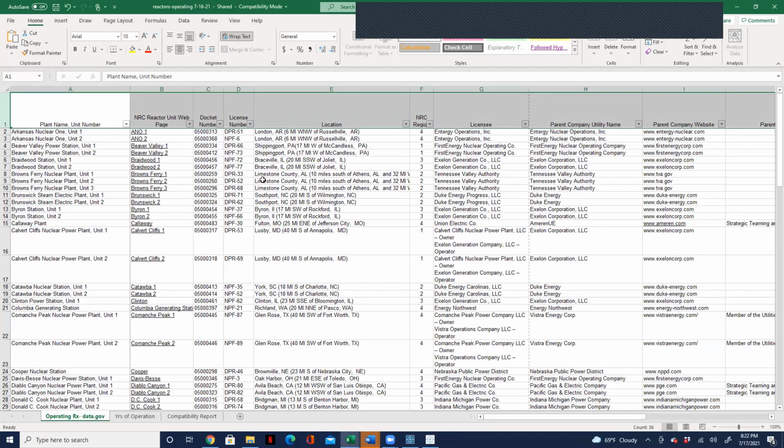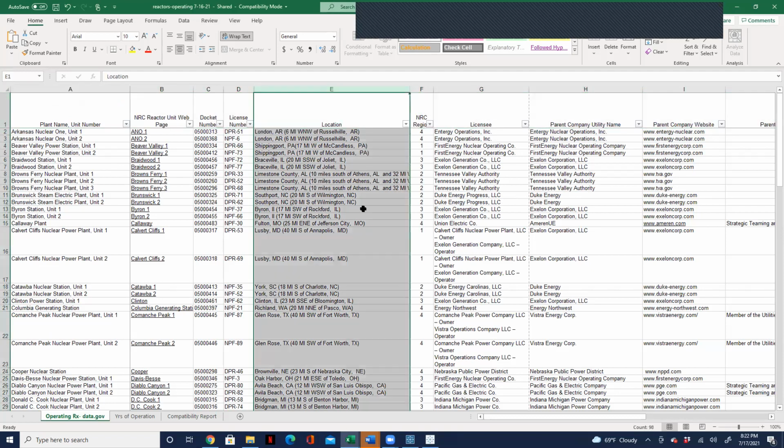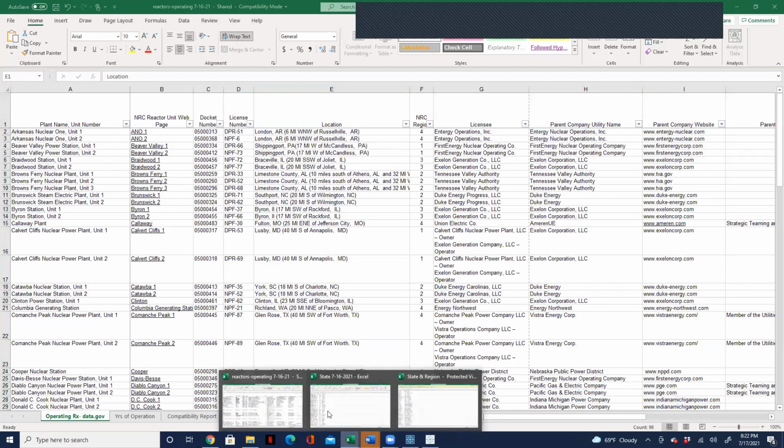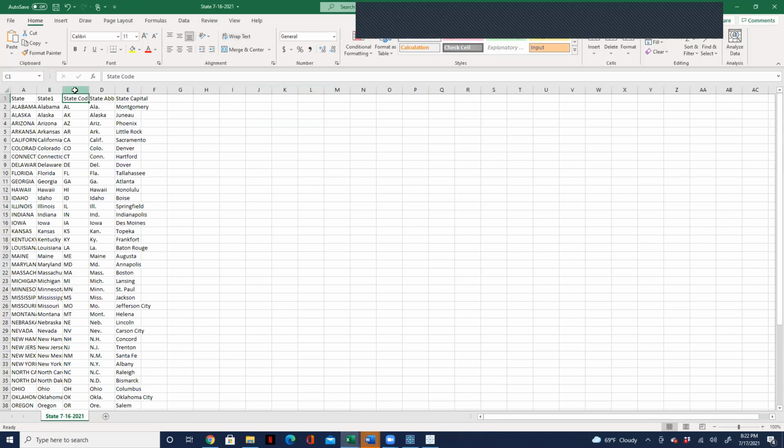Okay, now I want you guys to understand something. The reason why, remember, we don't have any states in this file. The only idea of state that we have is the state code, which is embedded in this location here. Now in this file here, we have the state code and the states, but we don't have the region. You get it?